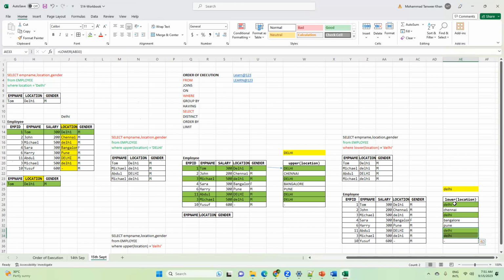Then this record is getting derived from this record, so this record will be selected. This record is getting derived from this record, so this will also be selected. And this record is getting derived from this record, so this will also be selected. That's why finally,